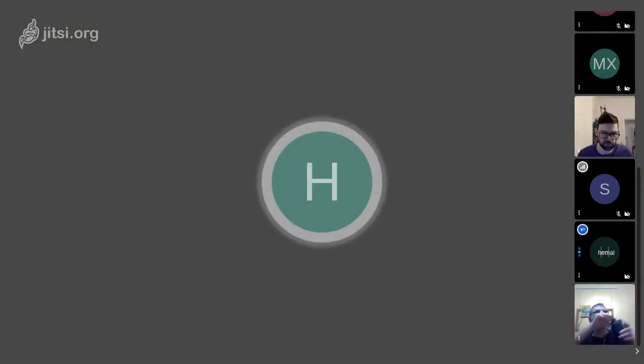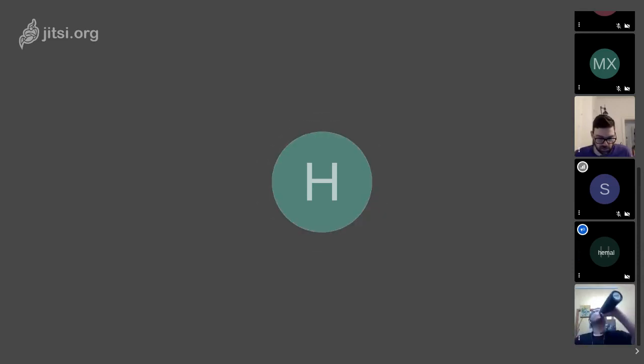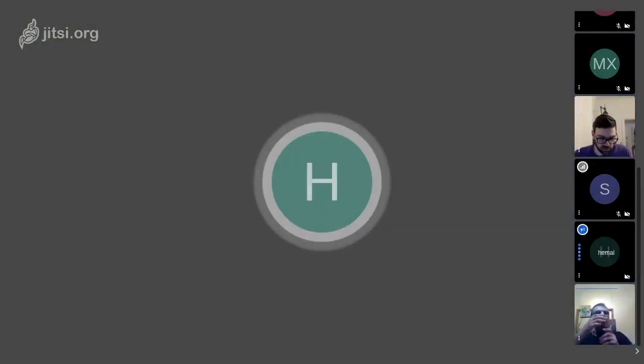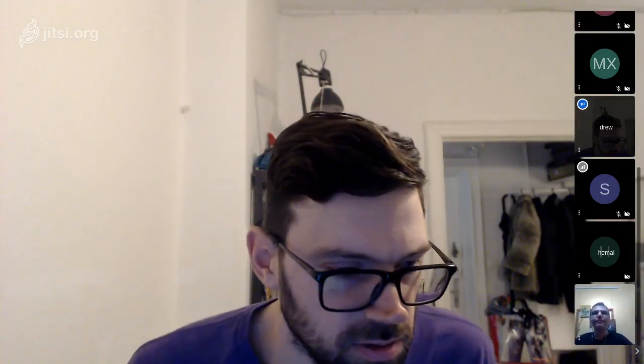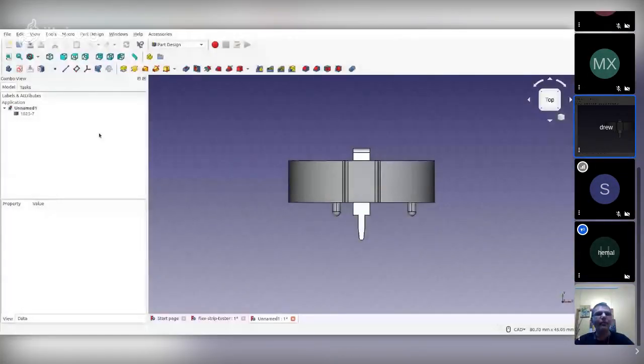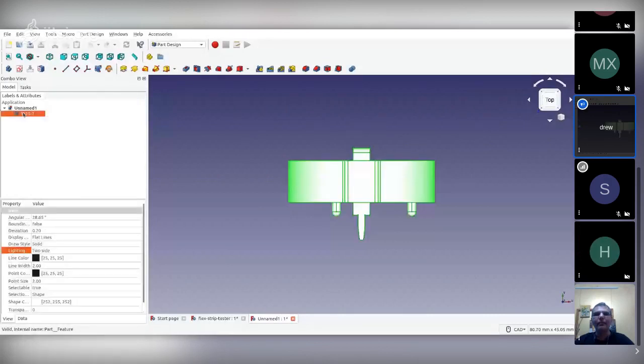Okay, can you share your screen? Let's see what's going on. The button is at the bottom left, next to the raise hand. Can you see my FreeCAD now? Yep. I was having trouble actually finding the file. I had a FreeCAD file somewhere, but then I was playing around with the sheet bench. But if I just go and do this again,